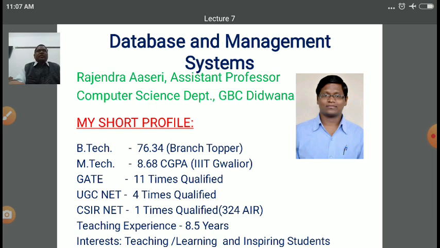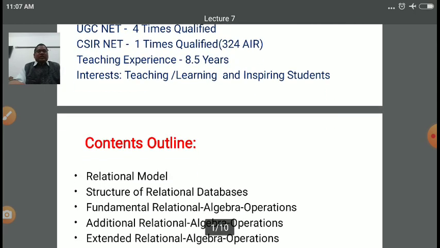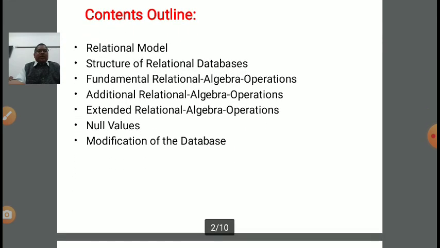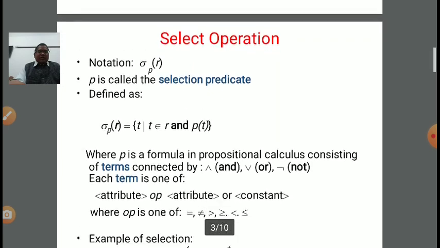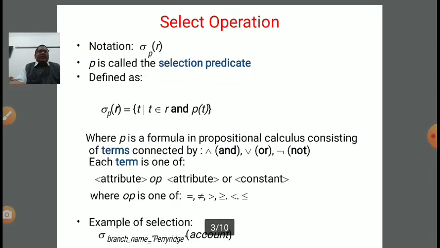After that, in the just previous lecture, we have started relational algebra. In relational algebra, there were 6 operations. So first operation was select operation. The notation was sigma. We have discussed the notation and one example already covered. Now in this lecture again we are continuing that select operation with some different examples, right?